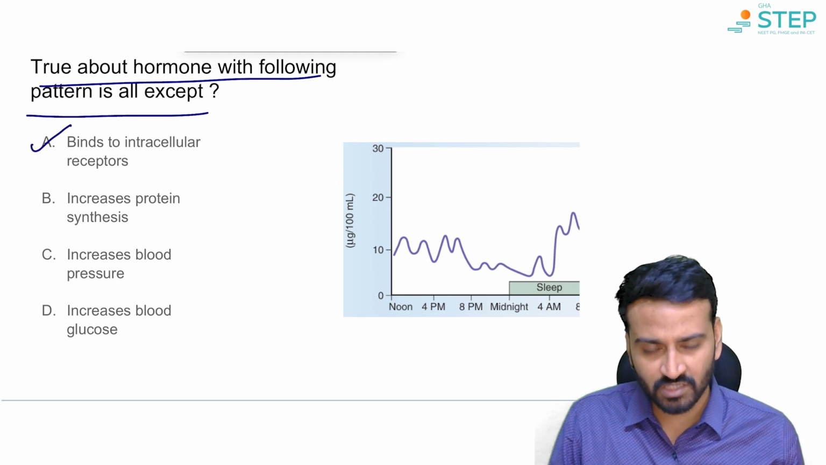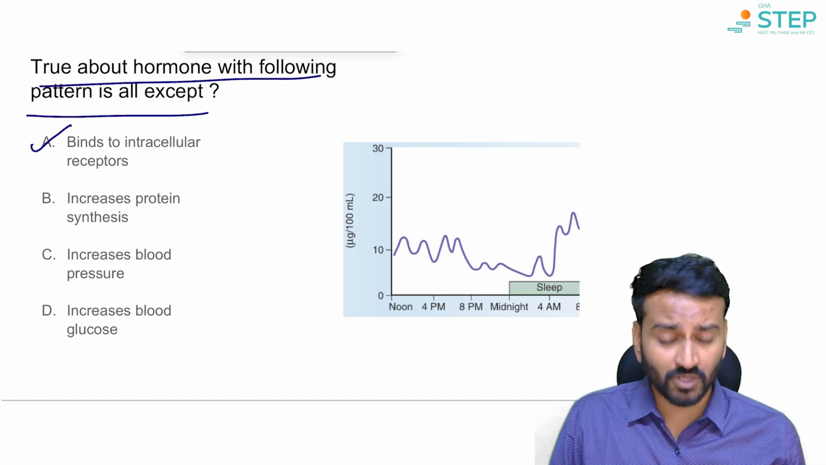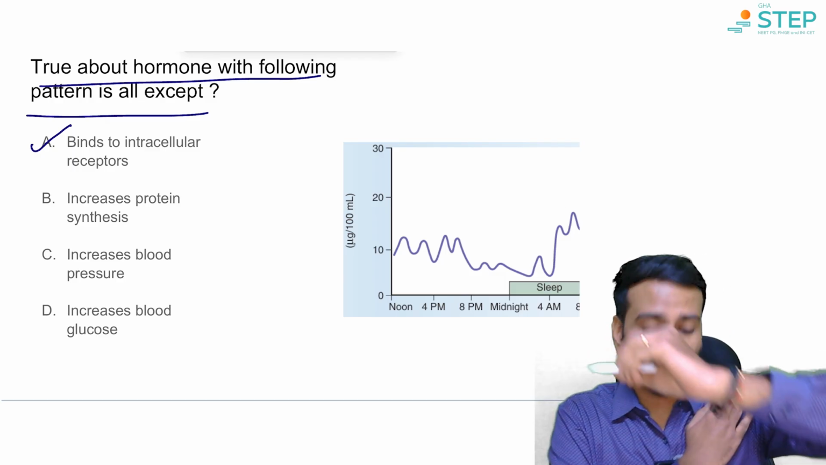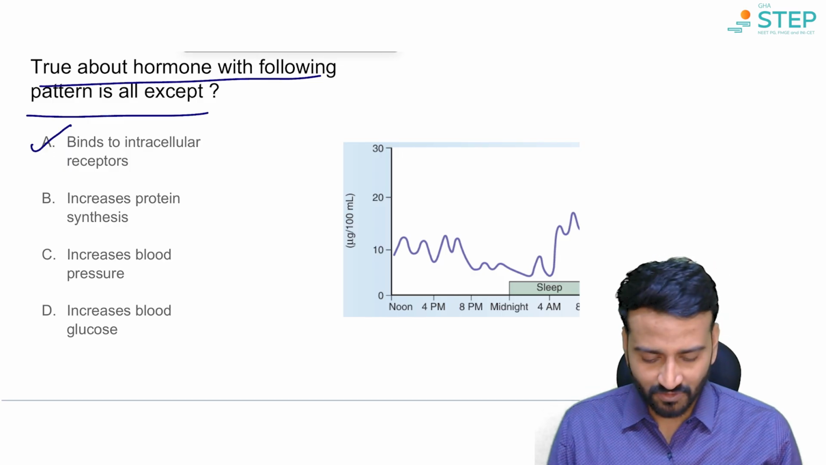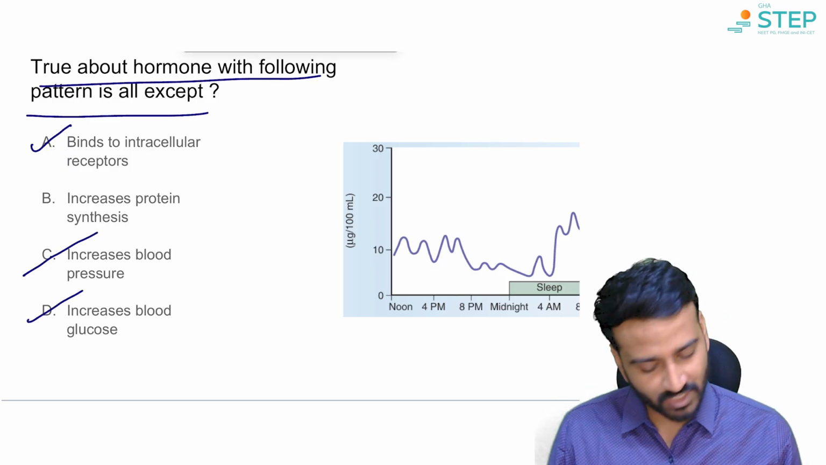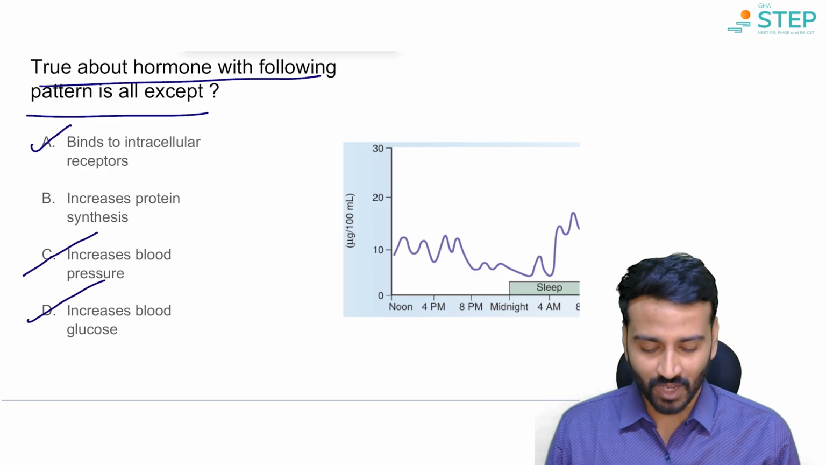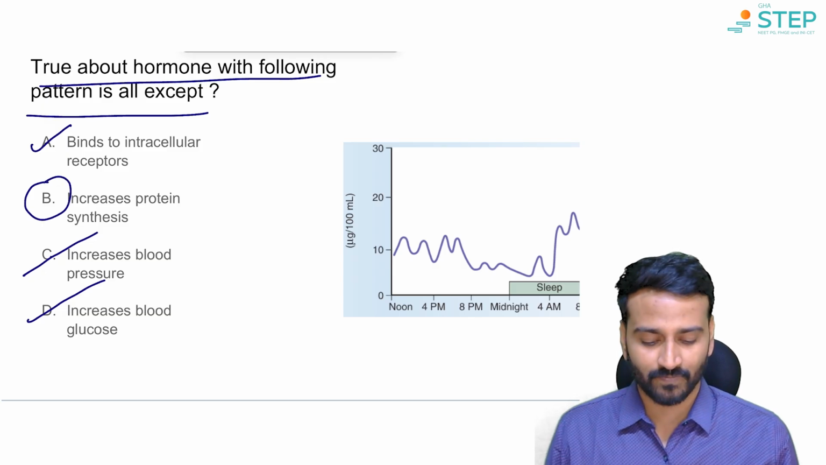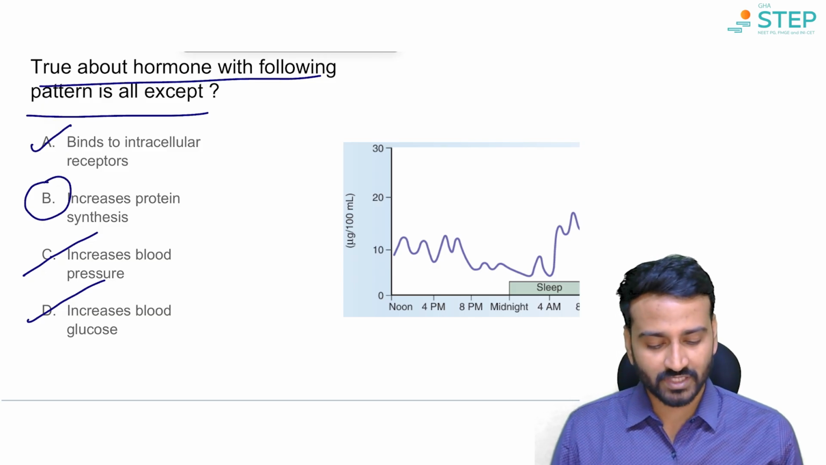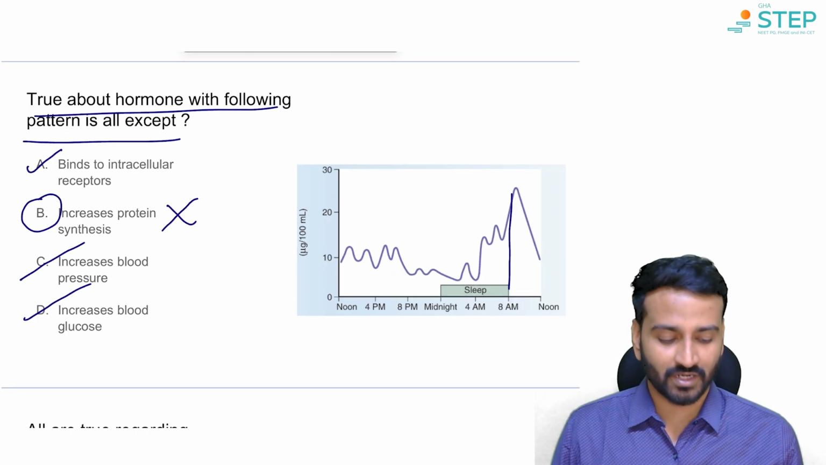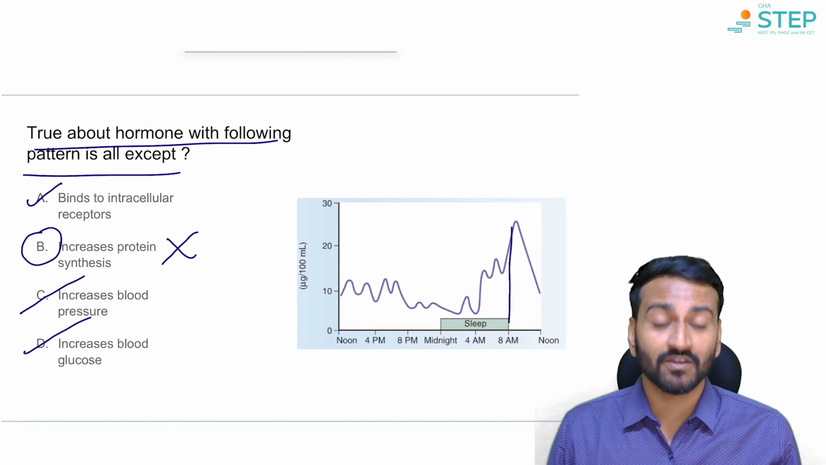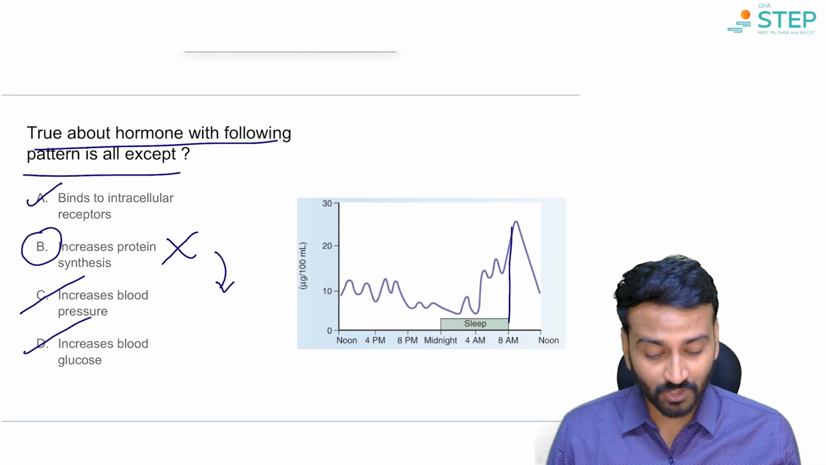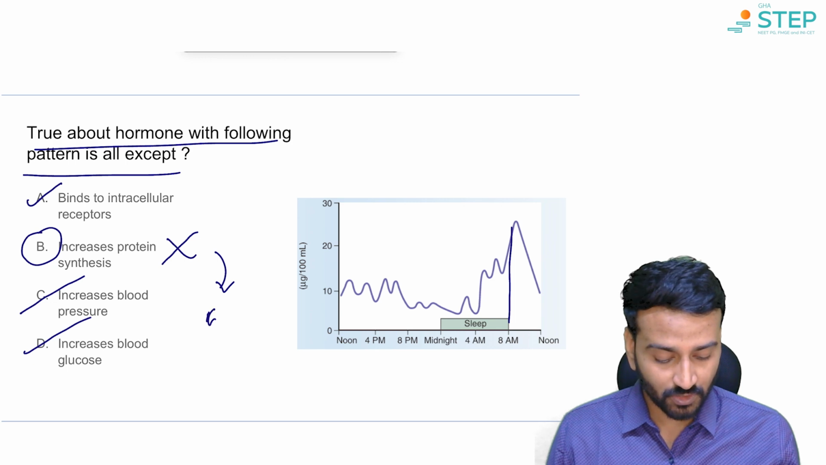Increasing protein synthesis, we have a doubt because we have proximal myopathy. Next, increased blood pressure. Yes, of course, hypertension. Increases blood glucose. Yes, gluconeogenic hormone. So answer is B. Okay, increases protein synthesis, that is false statement. It causes proteolysis. Why does it cause proteolysis? For it to synthesize glucose for the process